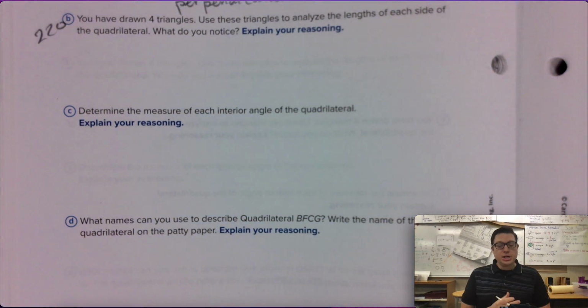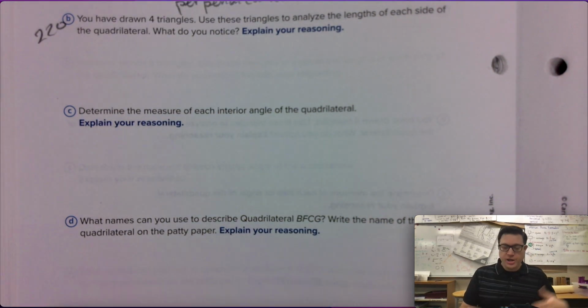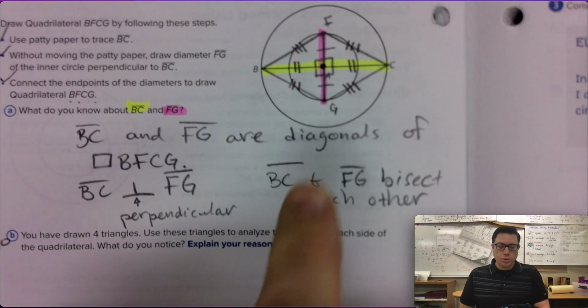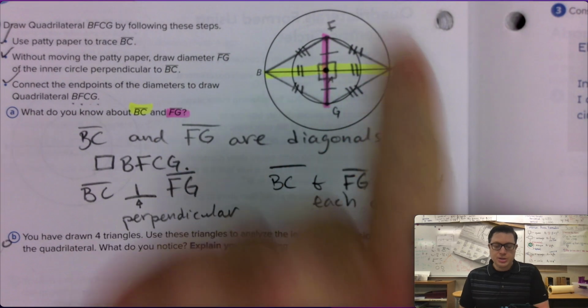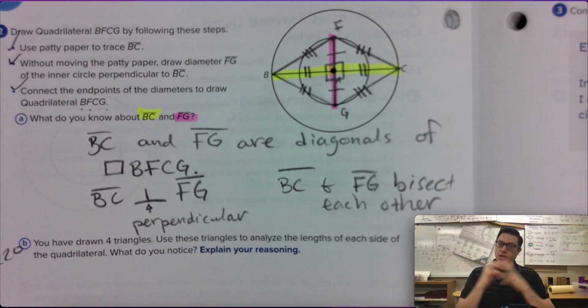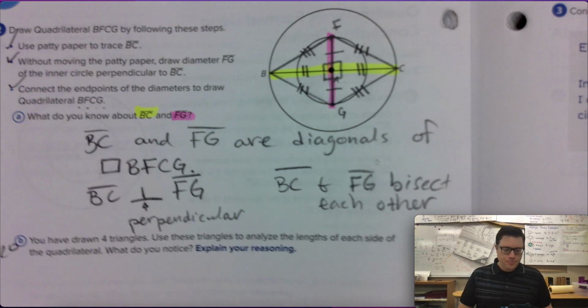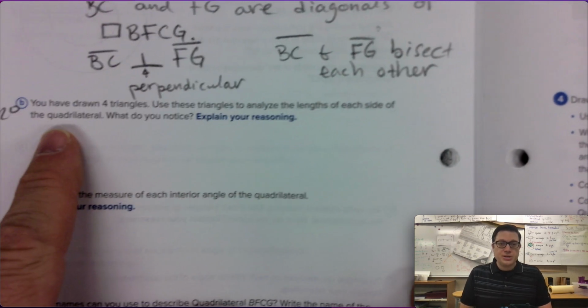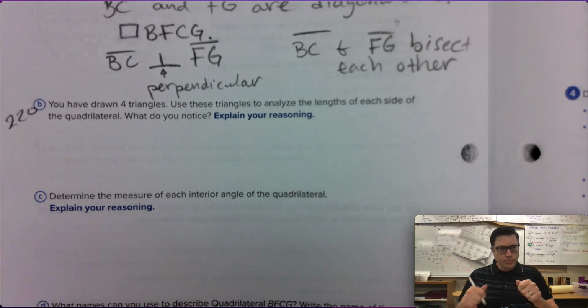And we're continuing the conversation from the previous video about what sort of quadrilateral we have inside these two circles, where we used an outside circle and an inside circle to create a certain shape. Let's jump into the next part of it. So go back and watch the previous one, or maybe quickly pause the video and catch what I